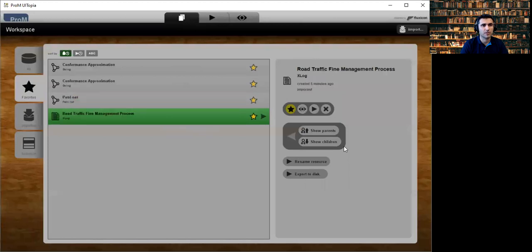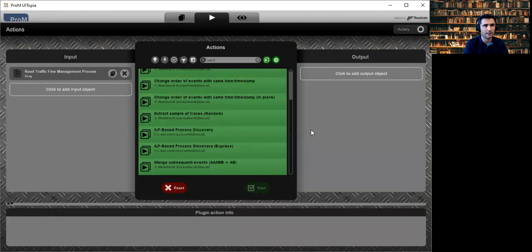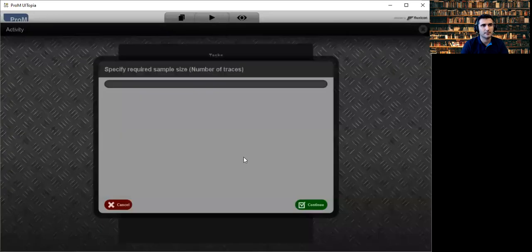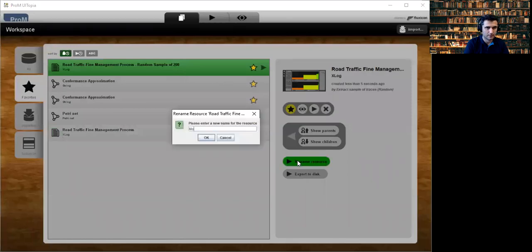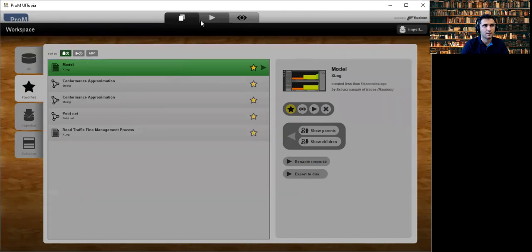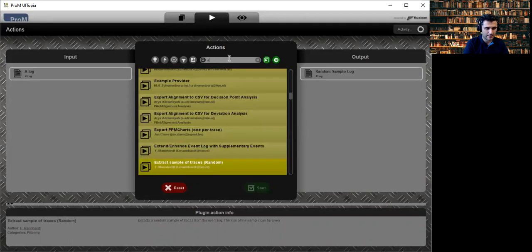We have another approach that we can use: we can use an event log as a model. For this purpose, I just randomly sampled the event log and selected, I don't know, 200 traces of it, and called this event log the model. But you can name it as you want. So I will use again the alignment